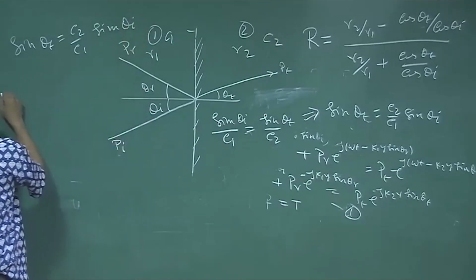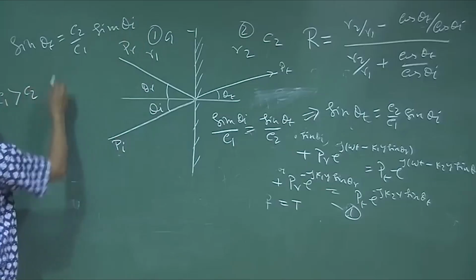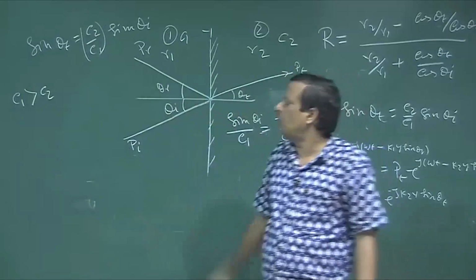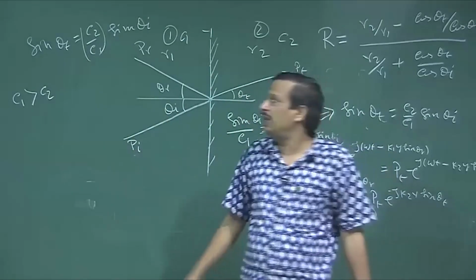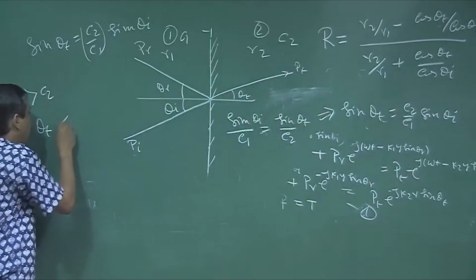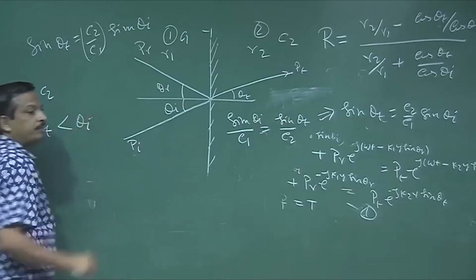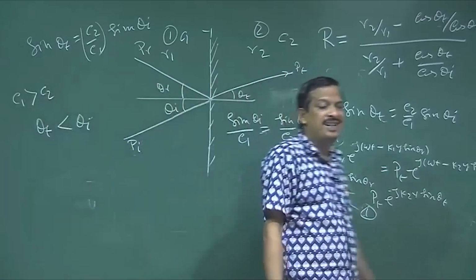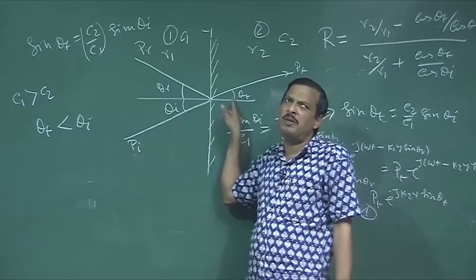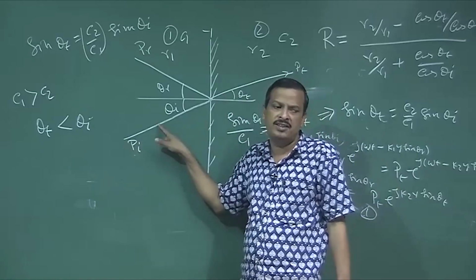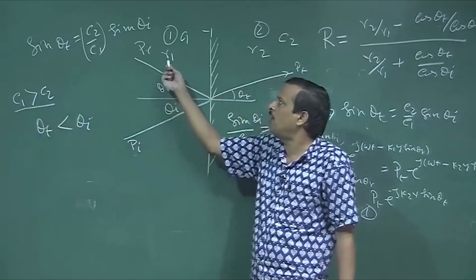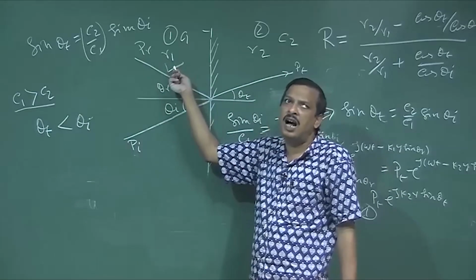Now, if C1 is greater than C2, then this ratio C2 by C1 will be less than 1. So, in that case, theta t will always be smaller than theta I. So, the angle of transmission always will be lower than the angle of incidence. So, what do you mean by C1 is greater than C2? Velocity of the sound in medium 1 is higher than